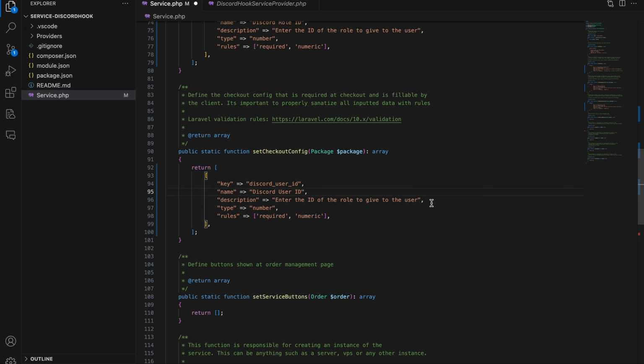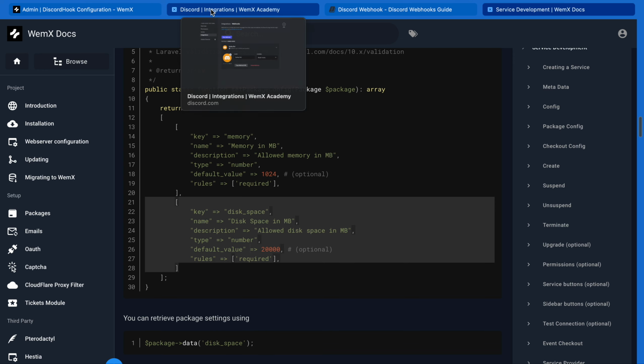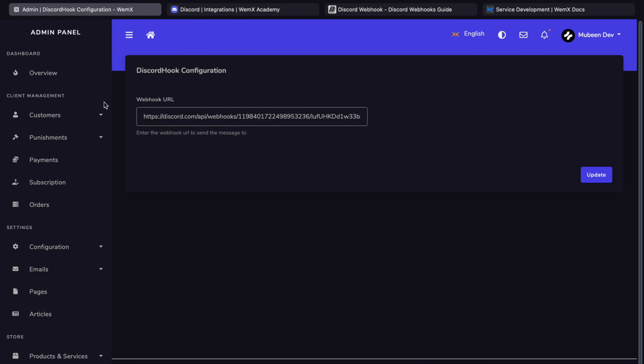Discord user ID, then please enter your autocomplete for me. It's a number again, it's required and numeric. Let's go ahead and save that, and if we go back to our package, if we go back to our